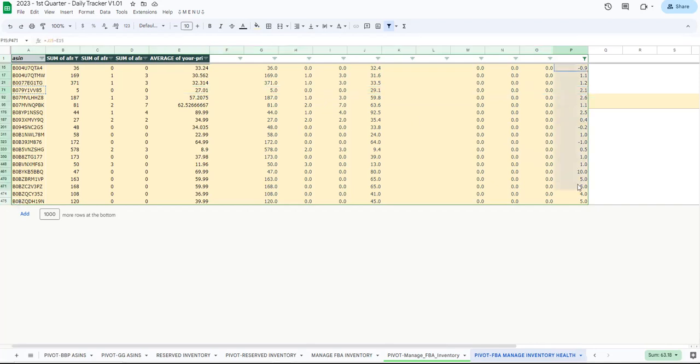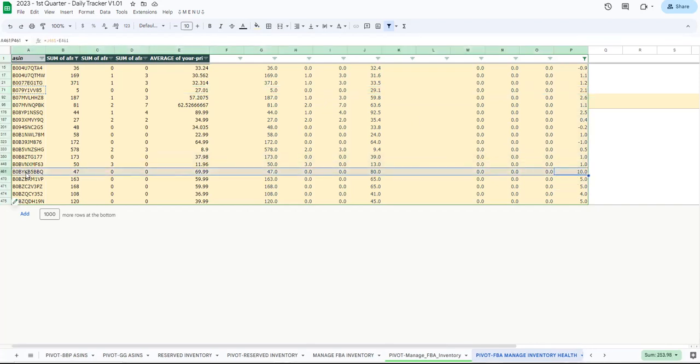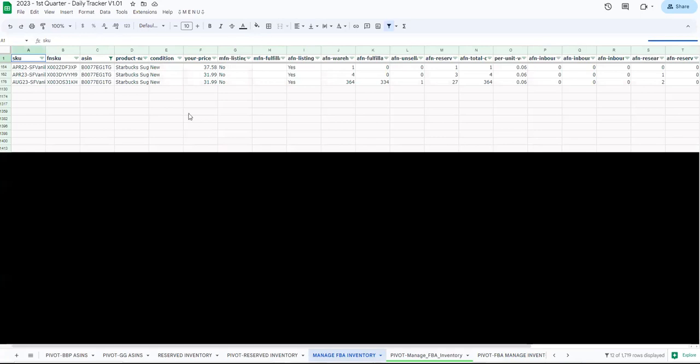Let me take the maximum one. So here is a 10 USD difference. Let's take this SN. I'm doing this for the first time as well. So 69.9 and 80. I'll go back to your system, your file,